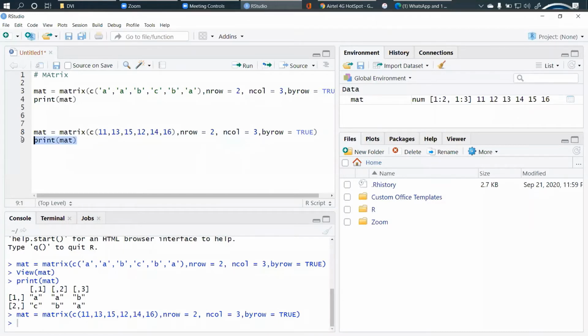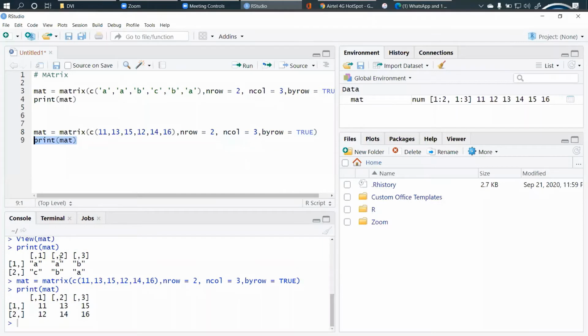See, we have 11, 13, 15, 12, 14, and 16. So it is a 2 by 3 matrix. Unlike vector and list, R provides a function which creates a matrix automatically. By just defining this function, you tell R that you're going to create a format in this way, and that will be represented as a matrix.